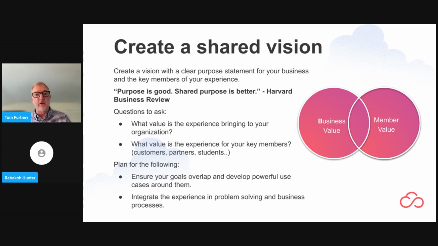What value is the experience bringing to your organization? What value are you going to be delivering to your key constituents? It all comes down to proper planning and making sure that everybody is in alignment with ideally shared goals for the engagement. A big piece of it is getting that buy-in